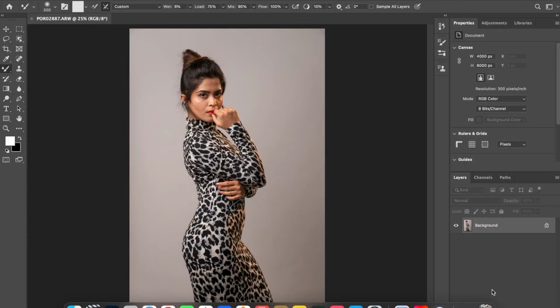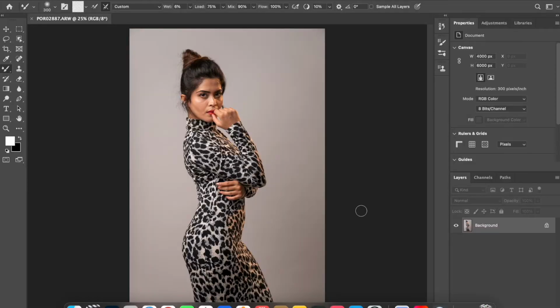Right, so this is the image. This image is purely a raw image. We have not done anything. The picture itself looks beautiful straight out of raw, but there are always a few flaws, and those flaws need to be fixed in photo retouching. When I talk about photo retouching, I'm talking about face retouching, wherein you find out the problems.